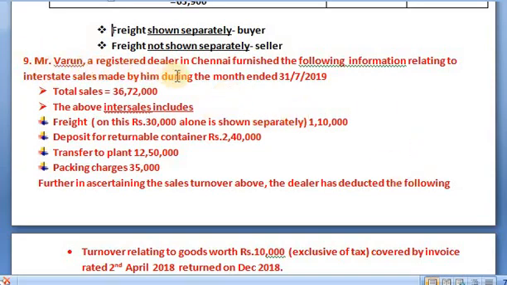Okay, now let us see this particular problem. Mr. Varun, a registered dealer in Chennai, furnished the following information related to interstate sales made by him during the month ended 31st July 2019. Here they have given interstate sales. Interstate sales is nothing but you need to calculate IGST. Clear? So when it comes to IGST, let us go for calculating now. Let us analyze the problem first. Total sales